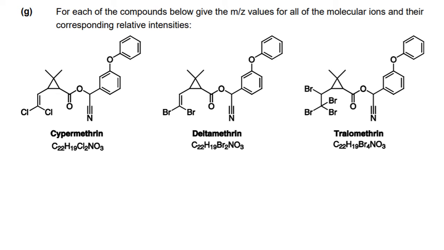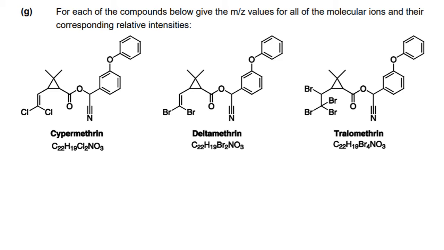Okay, so part G is given the m/z values of these molecular ions and their relative intensities. So it's quite similar to the one we've just done. All right, so I'll do this briefly. We've got, looking at the first one,